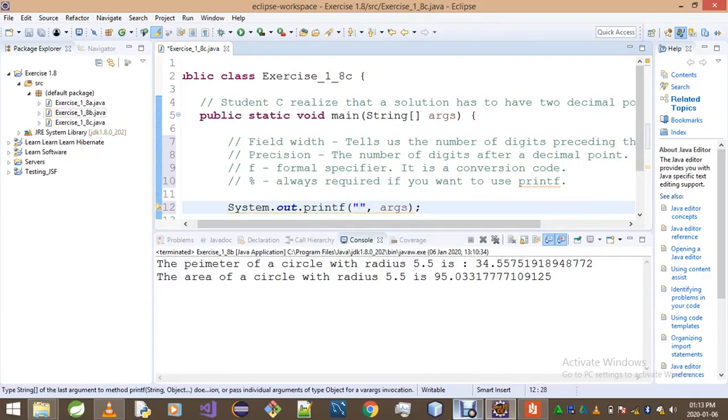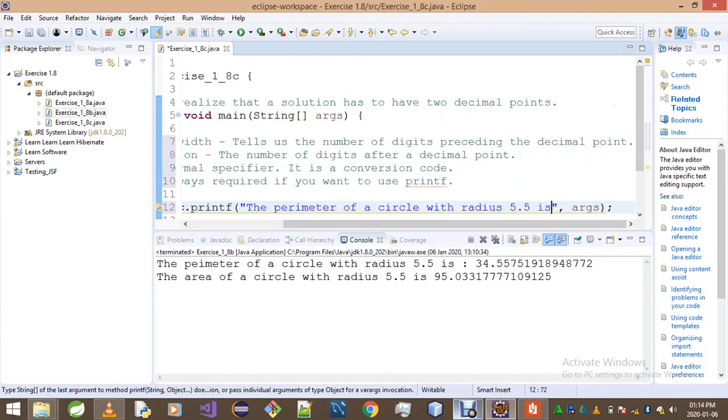We're going to have: the perimeter of a circle with radius 5.5 is